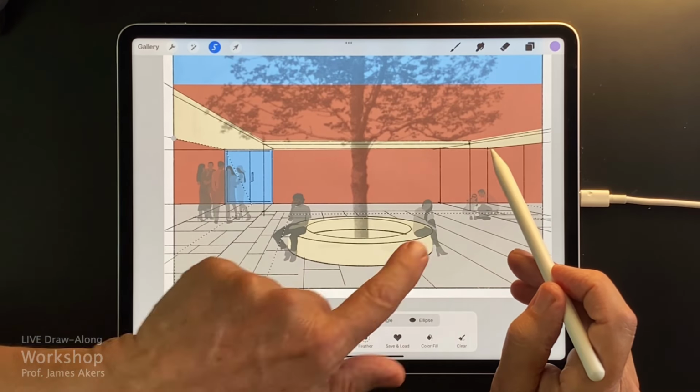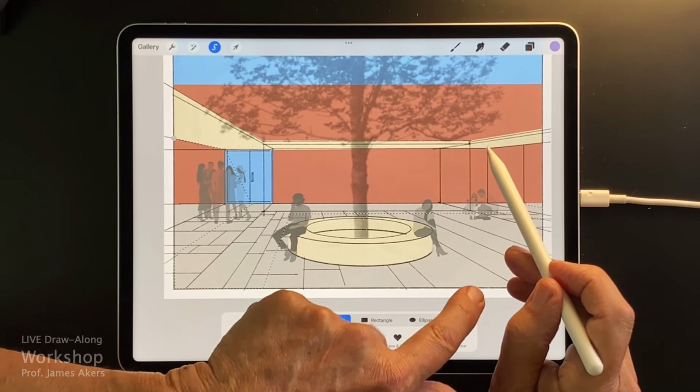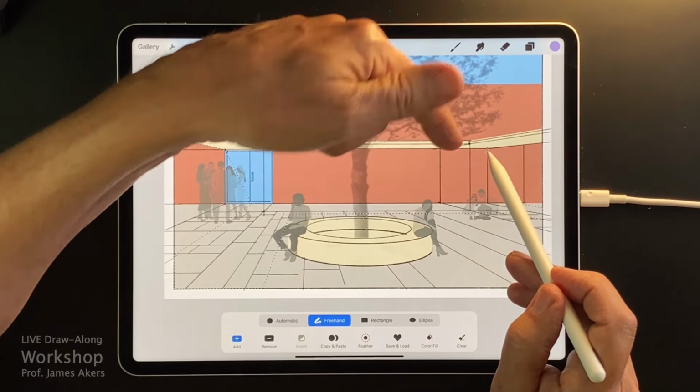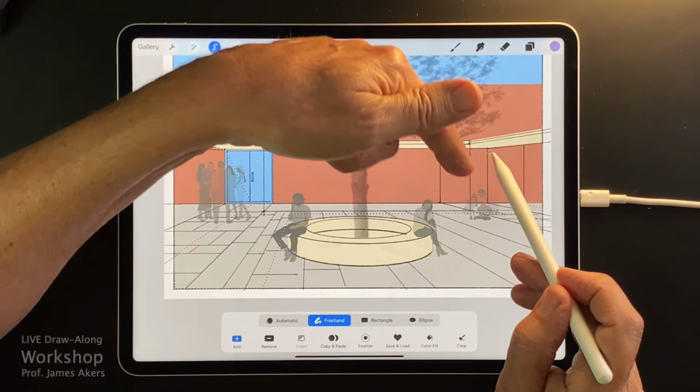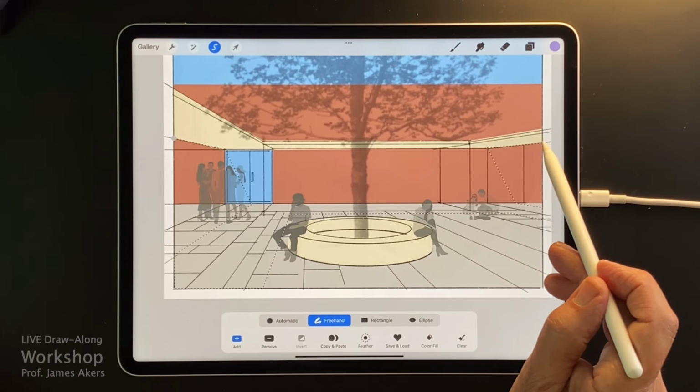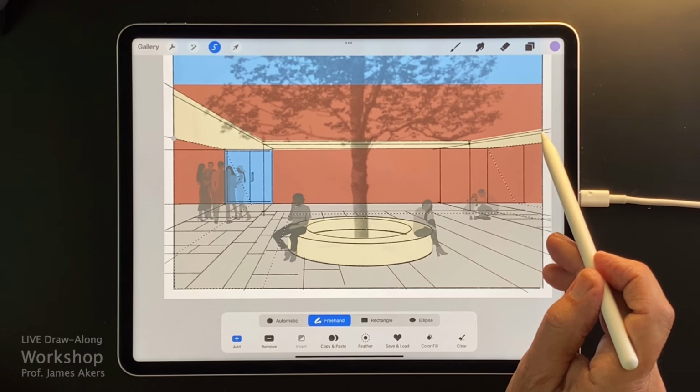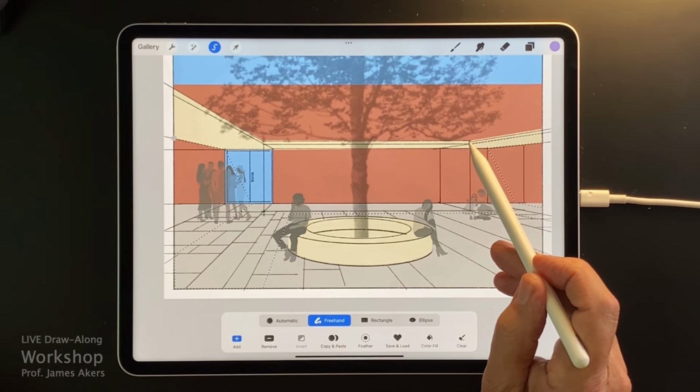Now it's going to come up to the overhang, because that far edge of that overhang, this will be sunlight and this will be shadow. And I'm going to come across the underside of that overhang, and all of this will be in shade again.